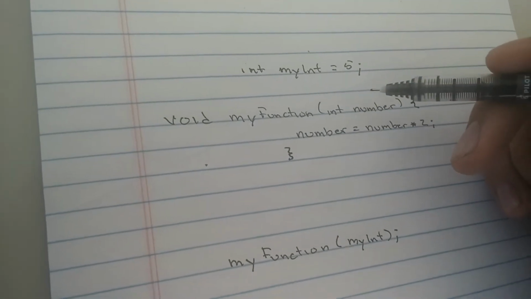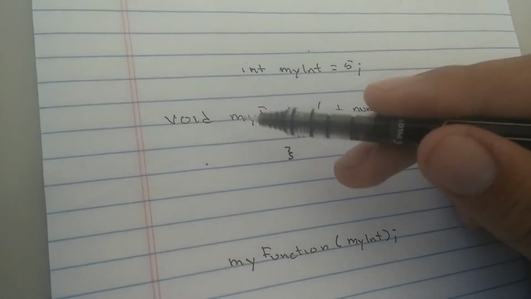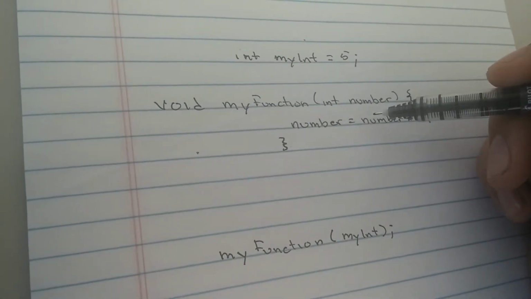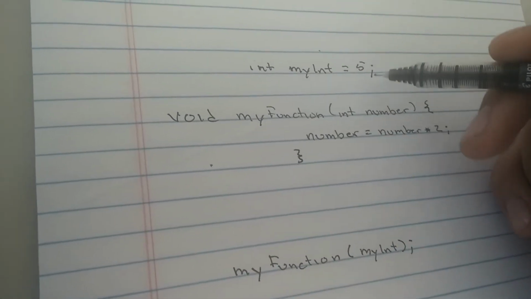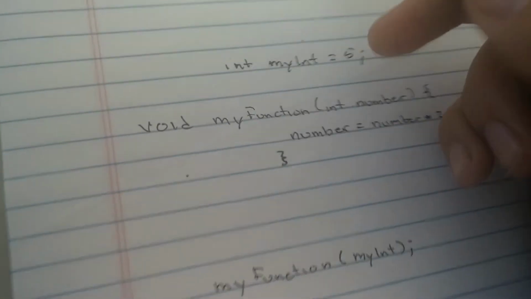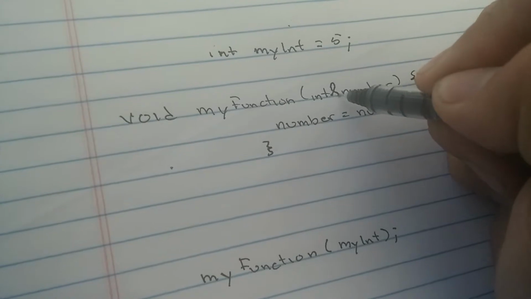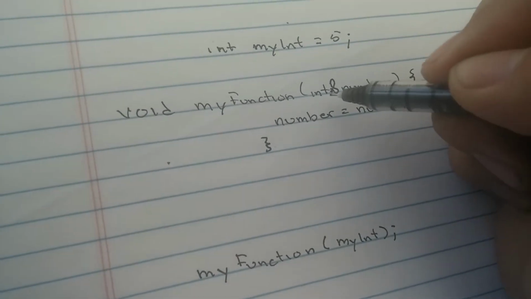However, that's where it stops. Because it's a void, I didn't do a return statement. We don't have to. And since we just made a copy of the 5, nothing actually happened. But what we can do, we can give ourselves a little loophole, a little way to pass through the function,